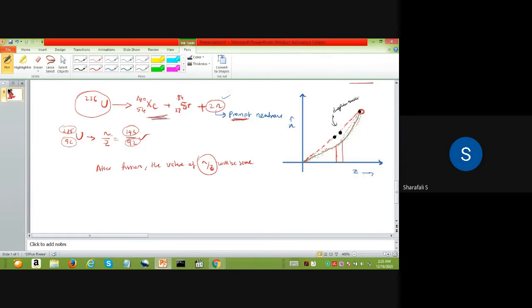So for these daughter nuclei, the n by z ratio will be the same for both daughter nuclei immediately after that fission process. Now these nuclei have an n by z ratio which is higher, as you can see from here. I will just calculate how much it is coming so that it will be easier to understand. So just calculate 143